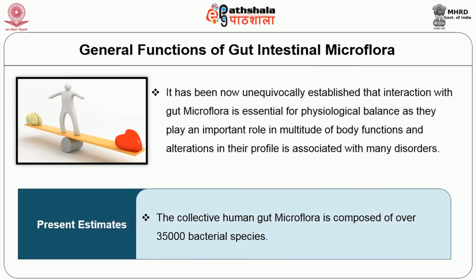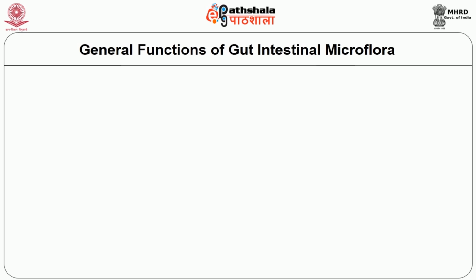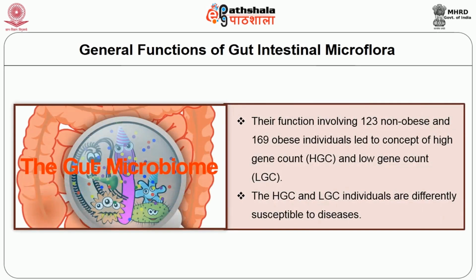Present estimates suggest that the collective human gut microflora is composed of over 35,000 bacterial species. See the beauty. As a human being you are one, but how many species of bacteria are living in your gut? More than 35,000 bacterial species, and put together quantity-wise they are around 2 kilograms in the adult human body. A Danish study of the gut microbiome and their function involving 123 non-obese and 169 obese individuals led